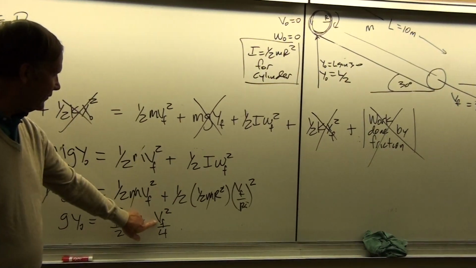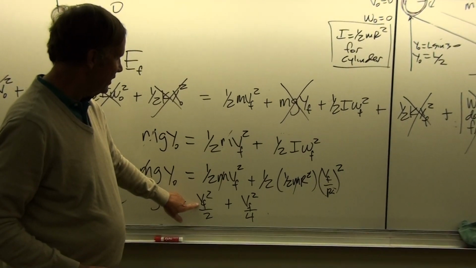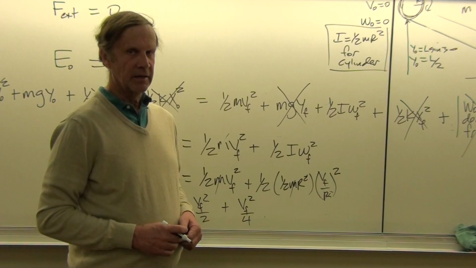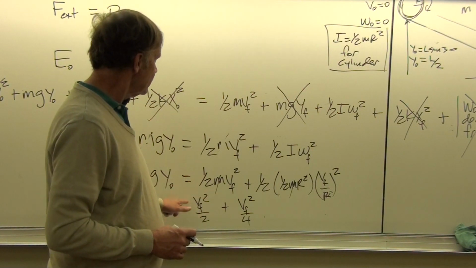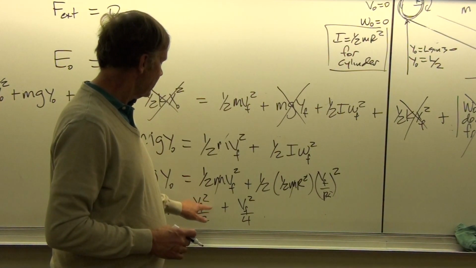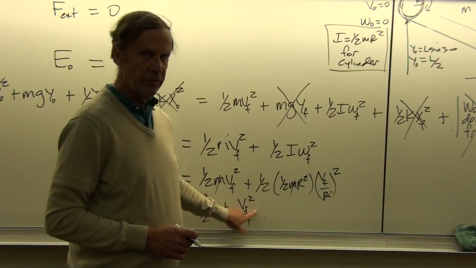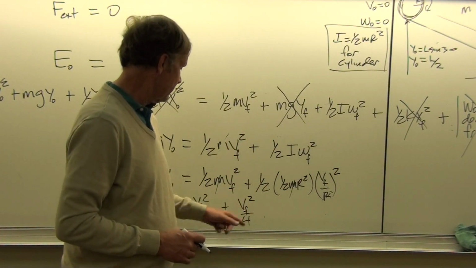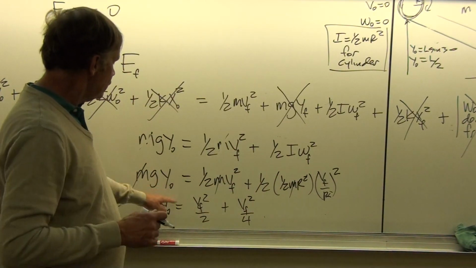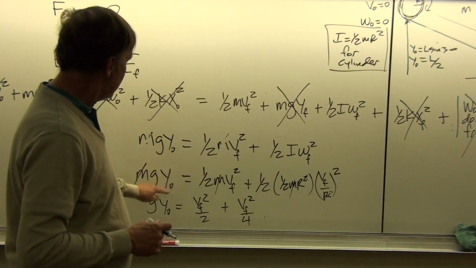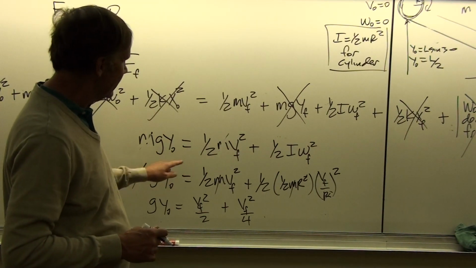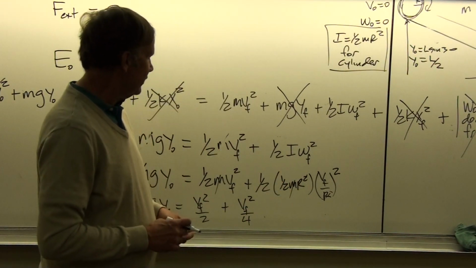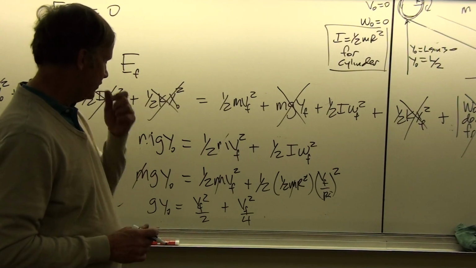So we can see then that the final rotational kinetic energy is only 1/2 of the final center of mass kinetic energy. And so that means that 2/3 of the energy has gone into center of mass kinetic energy and 1/3 has gone into rotation, because that's in a 2-to-1 ratio, just like this is. Okay, and so the gravitational potential energy has 2/3 of that energy going into center of mass kinetic and 1/3 going into rotational kinetic.